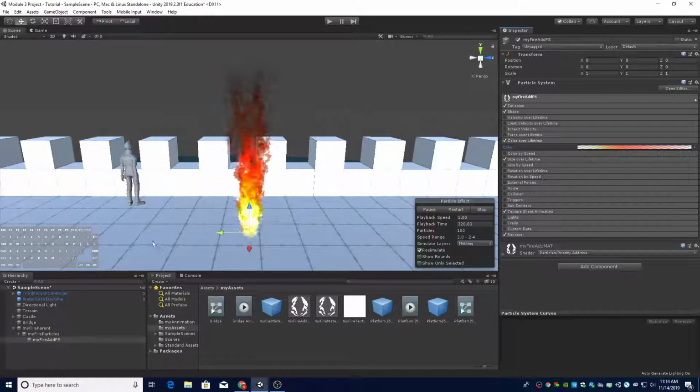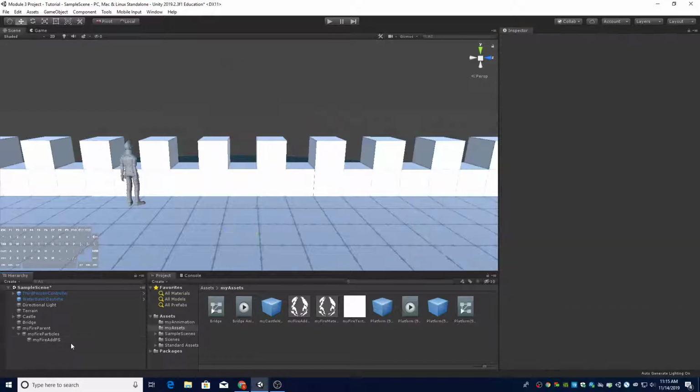All right, so next we're going to add a glow layer, because right now our fire is not really glowing. It's not creating any type of glow. It's just kind of the visual effect of fire, but not actually the glow properties we need. So we're going to actually create another glow layer. So we're going to kind of start at the end with our My Fire Additive Particle System, and we're going